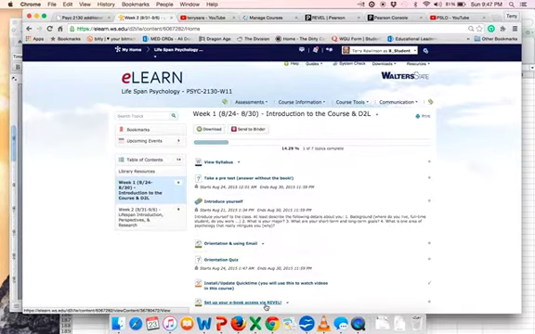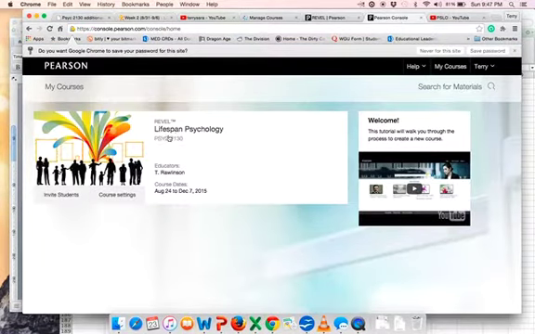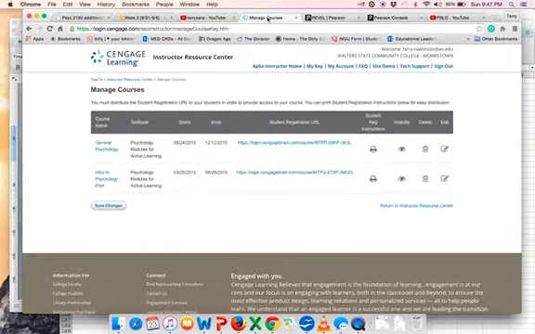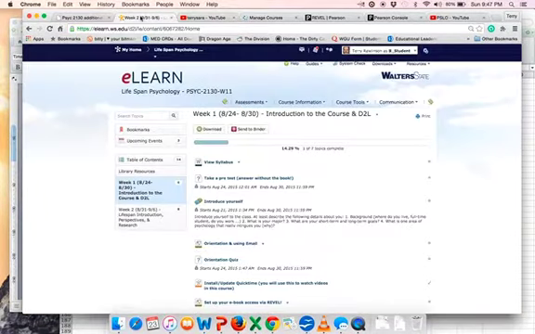We moved to a new edition of a textbook this semester. That textbook is Lifespan Psychology, by Feldman. I believe it's the 3rd edition. It comes from the bookstore bundled as a package.